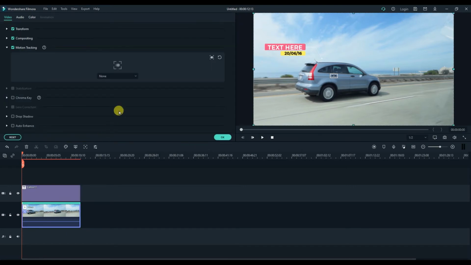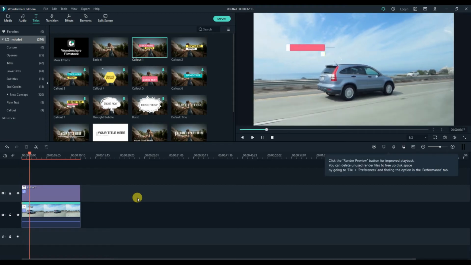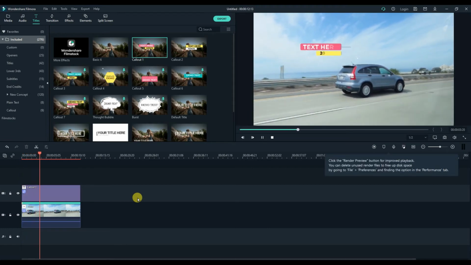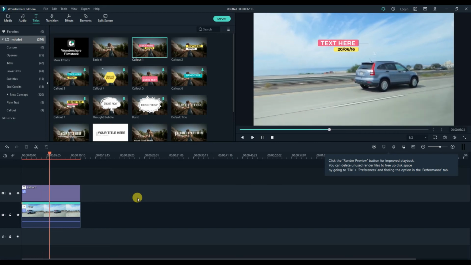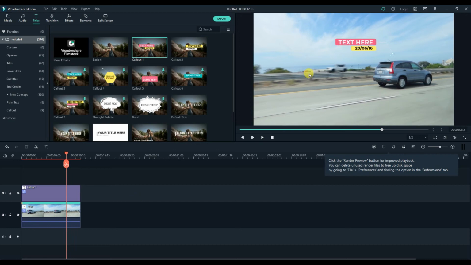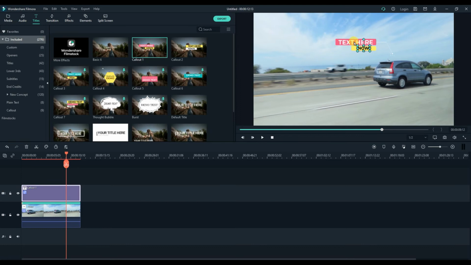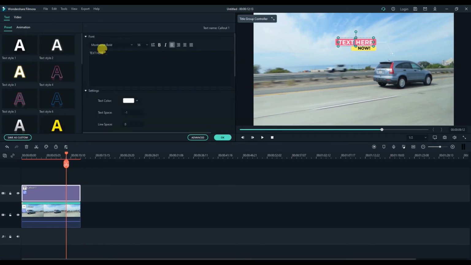Double click on it and we will choose callout 1. Hit OK and then play. There goes our motion tracking working. So you know guys, it's really that easy, and we can even change the text. So we'll put now, and here put